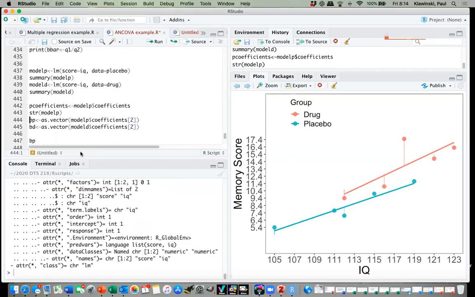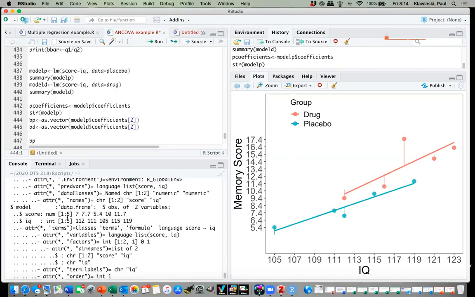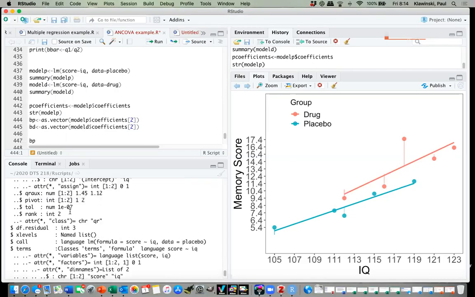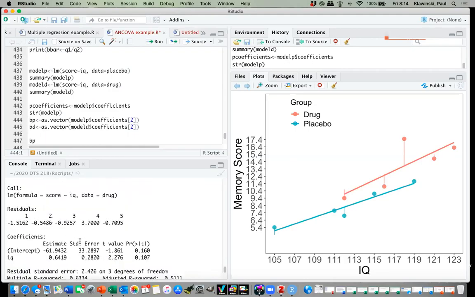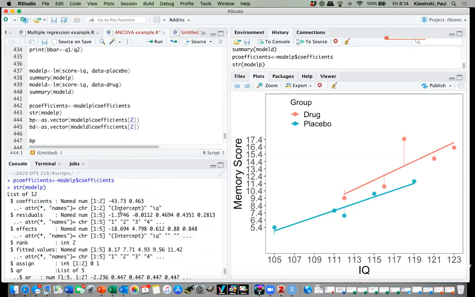I want to extract things from this model output, and in order to know how to extract those things, I need to figure out how this is structured in our language. And so what I see is that the coefficients, the y-intercept and the slope value, are in